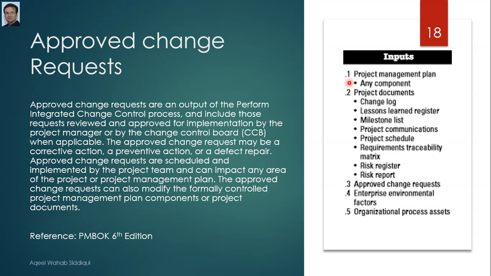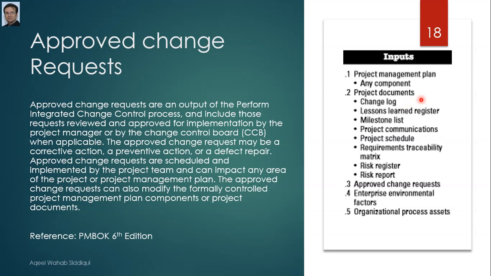And of course, along with the project management plan, you need other documents as well. For example, risk report, risk register, requirement traceability matrix, right? In the requirement traceability matrix, we correlate our requirements with the project objectives given in the project charter. You need project schedule, communication management plan, milestone list, lessons learned register, and change log. So these 2 inputs are the common and very important inputs to work on direct and manage